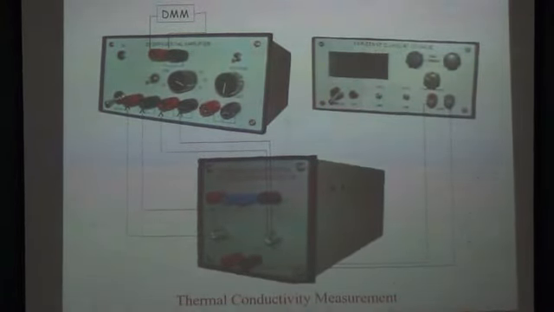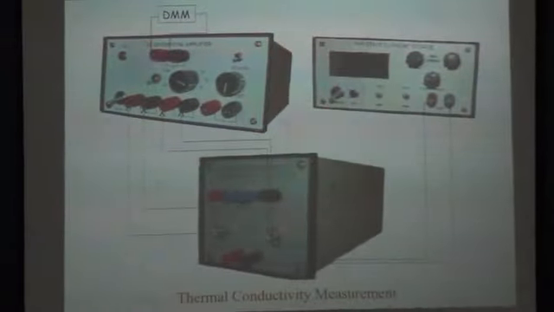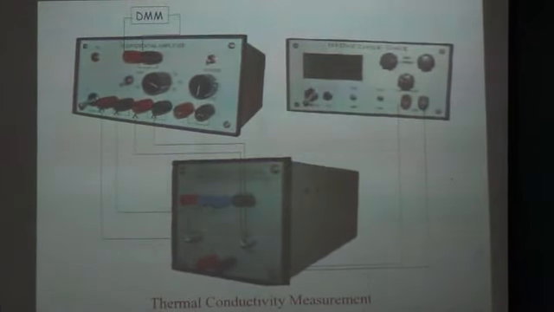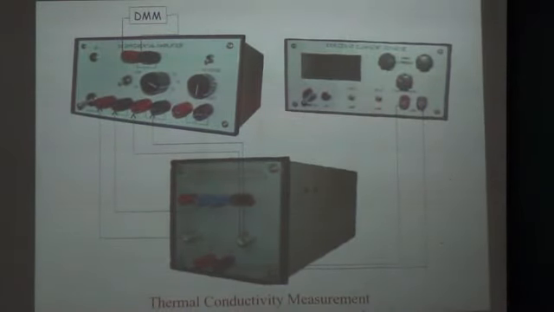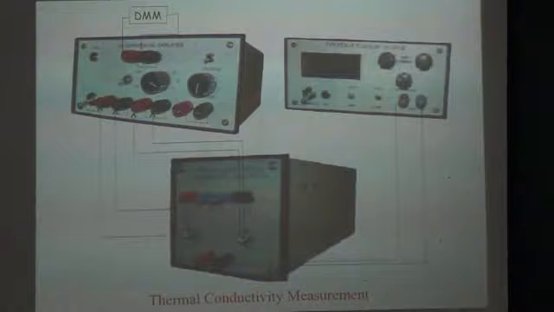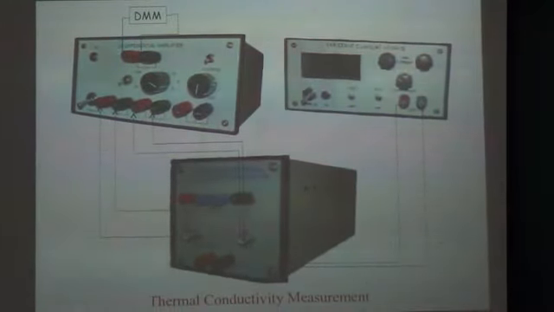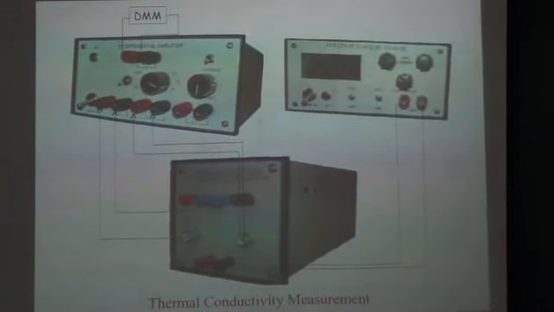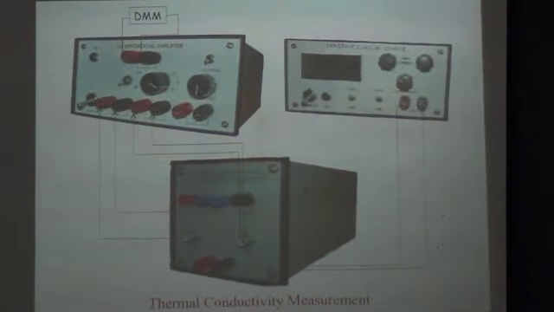Just now I gave you the example of a thermometer. Here you don't have the thermometer, but you can keep on checking the readings of the two thermocouples. The thermocouple readings will increase. Maybe I am saying 45 minutes, but maybe at 35 minutes itself you find the two readings are consistent, so you can take the reading. These experiments have been designed in such a way that during those 45 minutes you can perform some other experiment. That is how these experiments are designed.